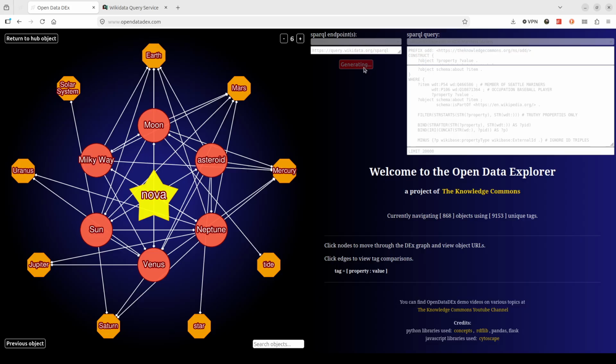There is quite a bit of data. Wikidata is really good for sports team and sports player data, pretty robust. So this is going to return a pretty big data set, I think even reaching our limit of 20,000 triples. So while that's retrieving and generating, let's just go through the features of this real quick.